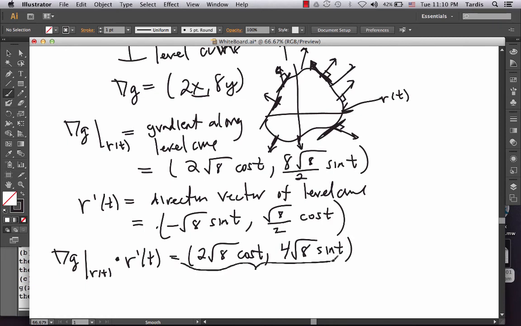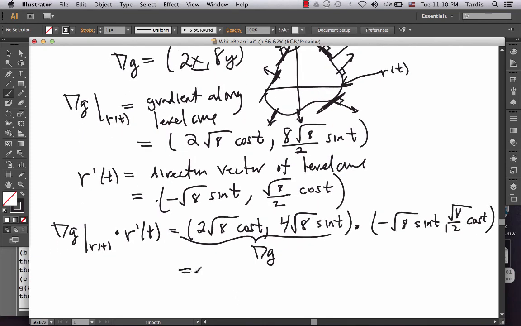And dot product it with minus square root of 8 sine of t, and square root of 8 over 2 cosine of t. Let's see what happens here. I get 2 with a negative, square root of 8 times square root of 8 is 8, and then cosine of t sine of t. And then I need to add that to